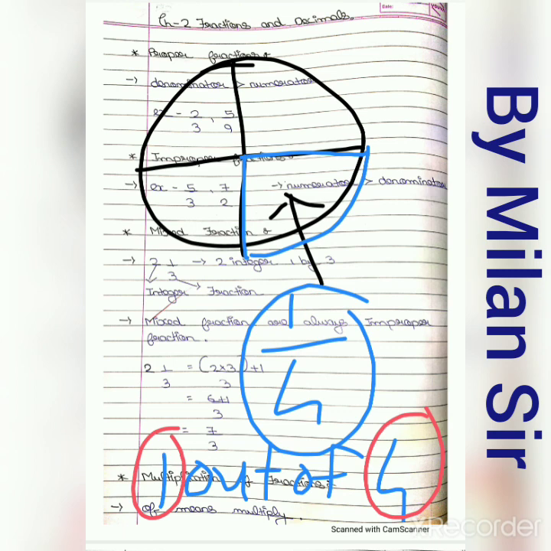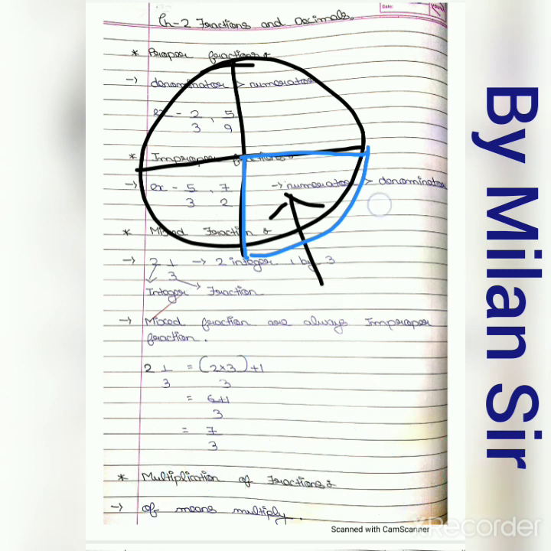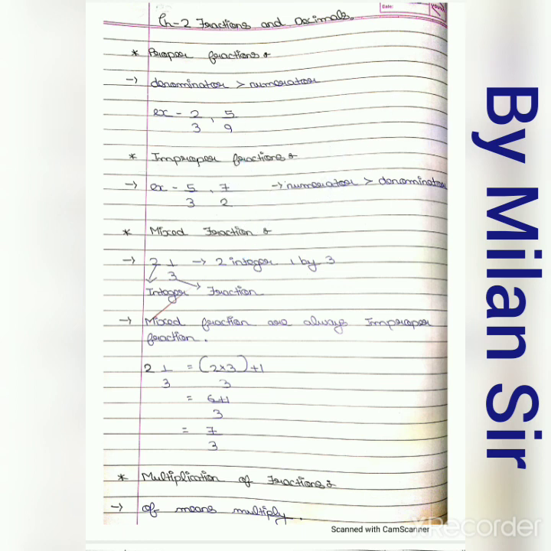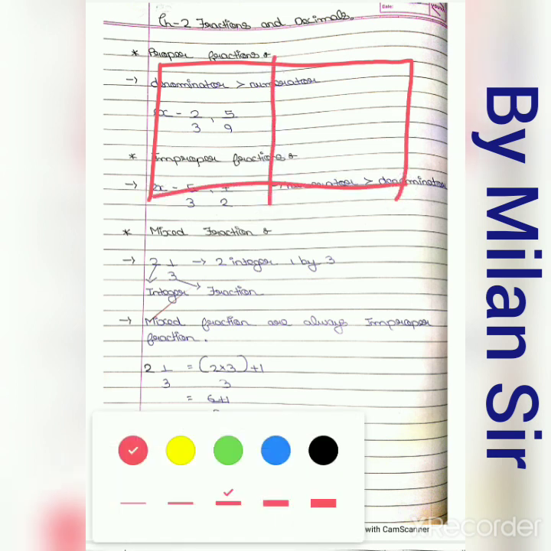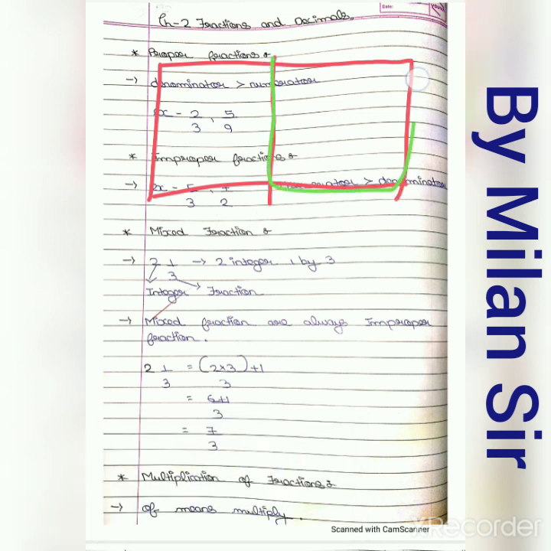It is not necessary that we always have one circle. We can also consider a square, a rectangle, any shape. Just consider this rectangle. I divided it into two parts. Then each part is a fraction of this rectangle. It's 1 by 2, because in total we divide the rectangle into two parts, and out of that we consider one part. That's why 1 by 2, 1 out of 2.